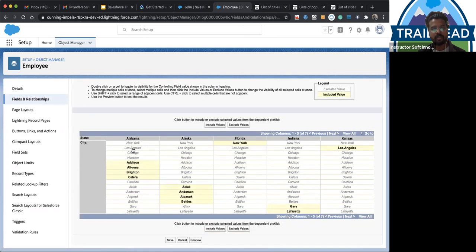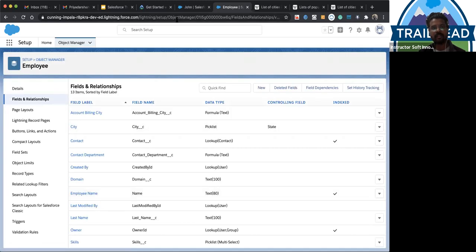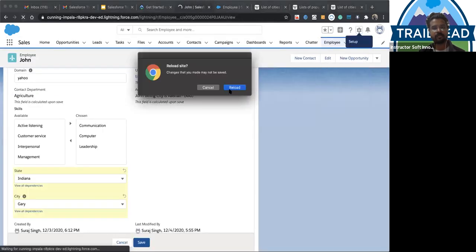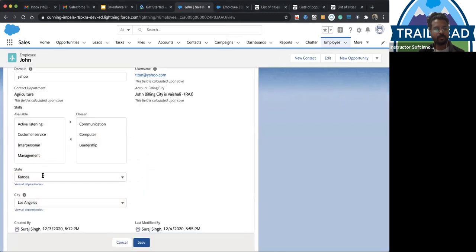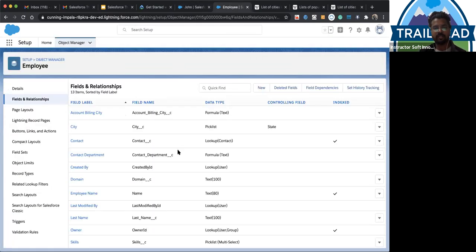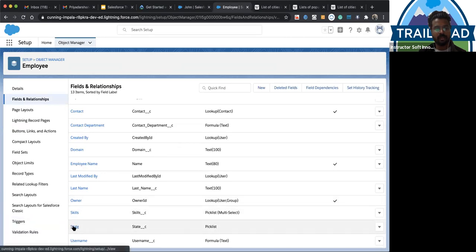For Alabama, we have to show only these four pick list values, so it will show these four. Suppose I remove the values for Florida, exclude them and save it, then there will be no pick list option available for Florida since I removed everything from there.